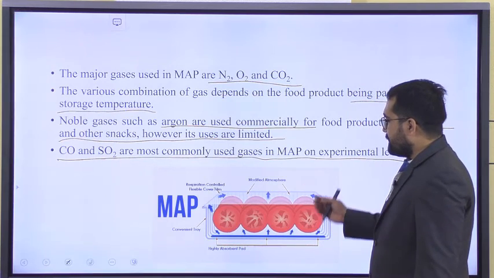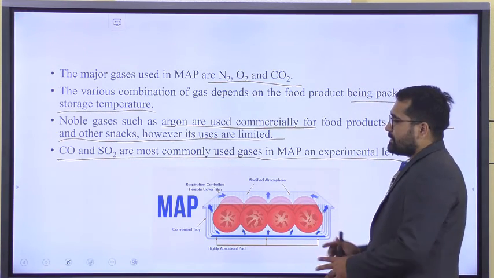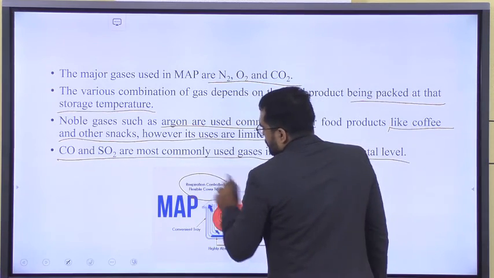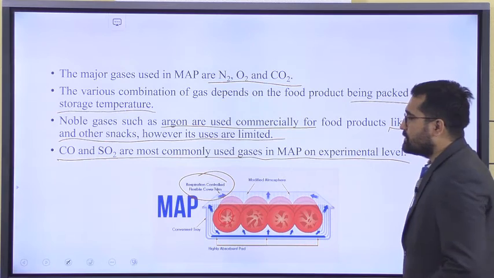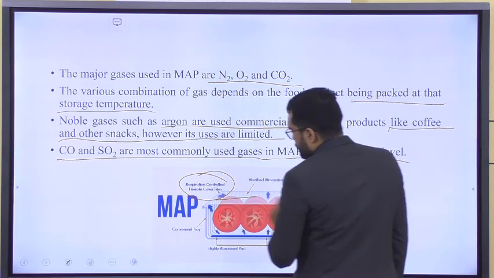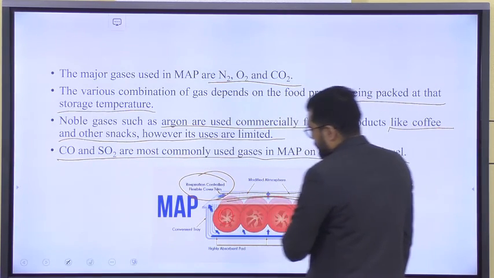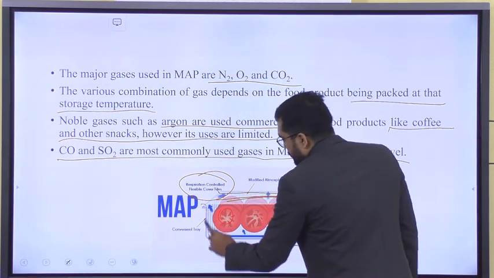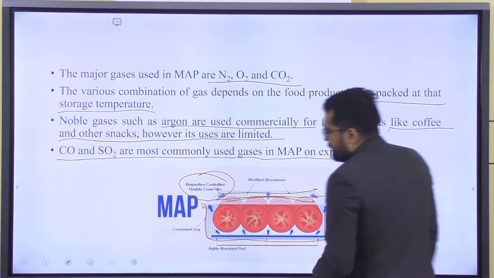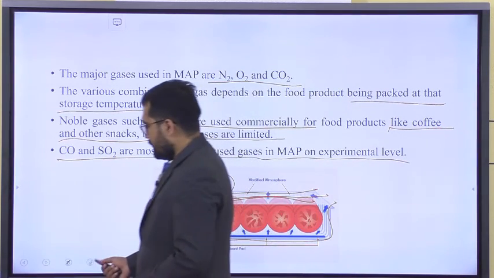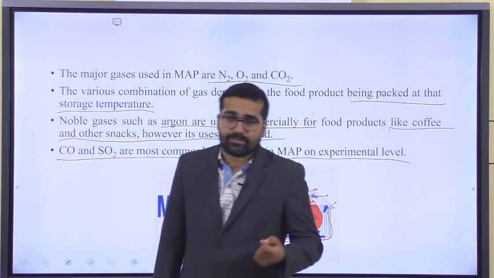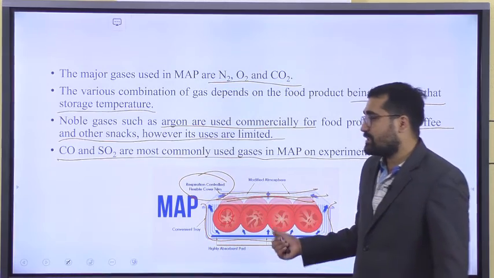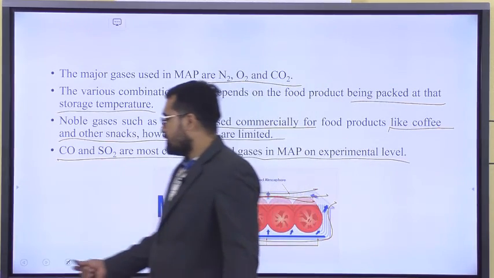So this is a packet in which we try to show how packaging generally happens. These are our produce, which is doing respiration, but with the help of the film we are trying to control the respiration rate. And we also modify the temperature inside the tray. This is the tray only for convenience, this is not MAP. So this is what happens, and we also put some water absorbent pads, or things which absorb the water if there is water leak or juice leak inside the packet.